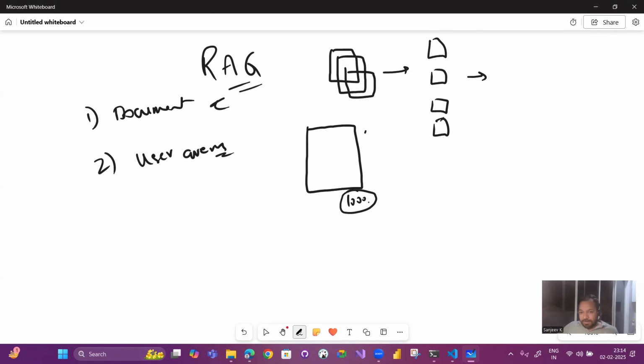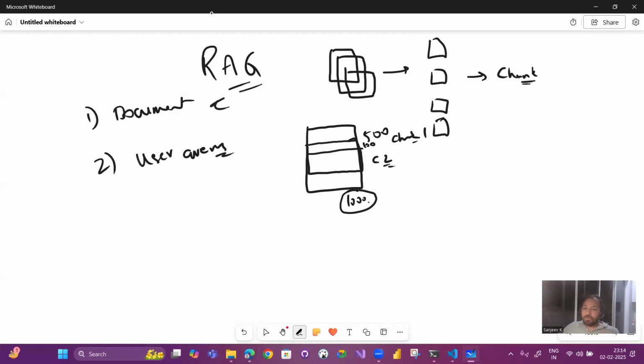500s. I'll take the first 500 words as my chunk one. For the second chunk, instead of starting from the second 500 directly, I'm going to have an overlap. Let us say the overlap is 100 words. Again, I'm going to take another 500. This is going to be my chunk 2. Here I'll get my chunks.